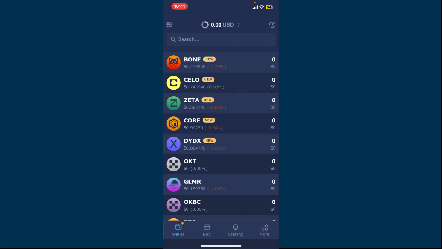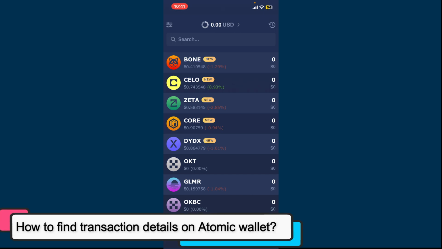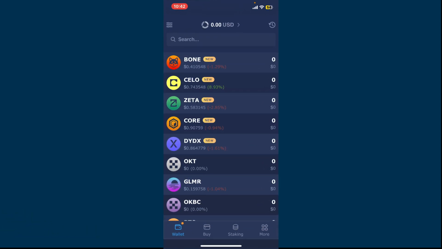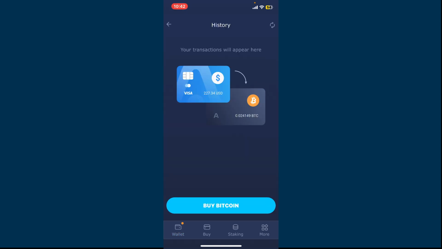In today's episode, we will be learning how to find transaction details on Atomic Wallet. To find your transaction details, first of all, open the Atomic Wallet app and make sure to sign in. After you're inside the home page, you will be able to see a little clock kind of icon at the top right corner. Simply tap on it, and here you will be able to see your transaction history if you've